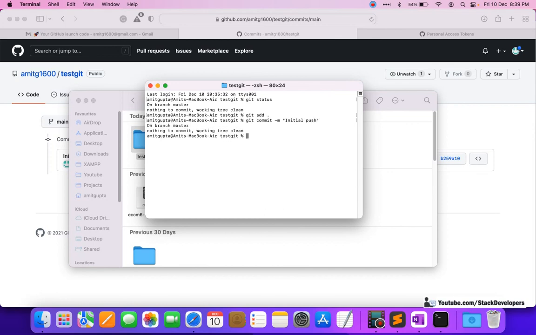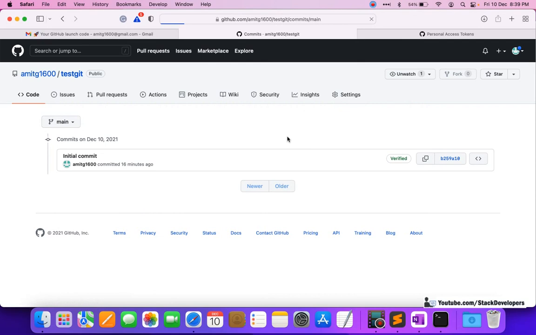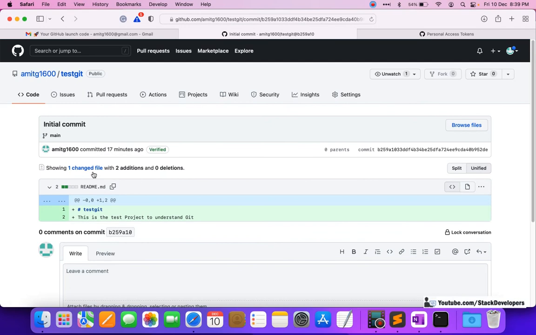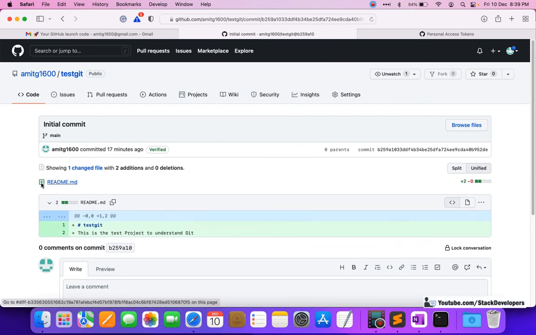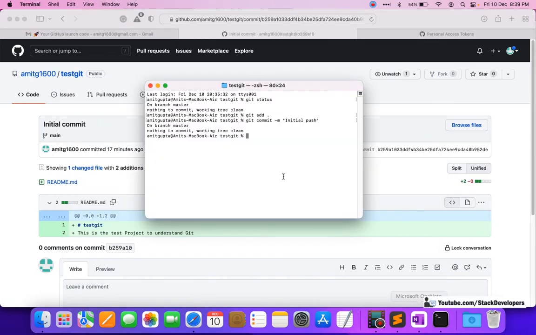Okay, on branch master, nothing to commit, working tree clean. So it is saying that everything has reached here. So we can check once again, initial commit. Okay, there is one file there, so we can do one thing, git pull origin master to take the file from there.